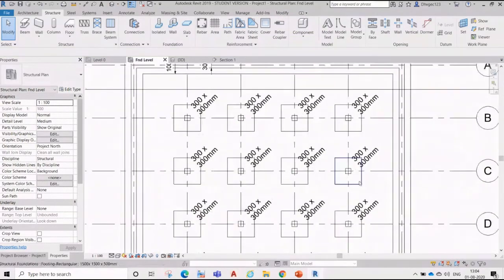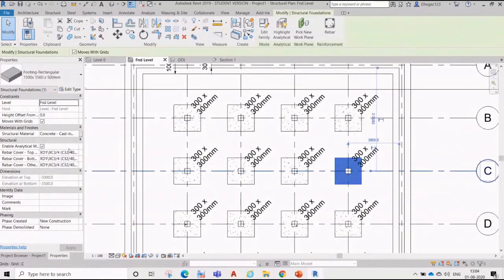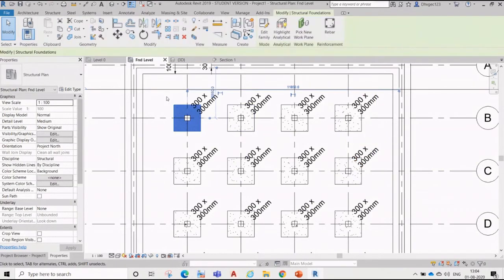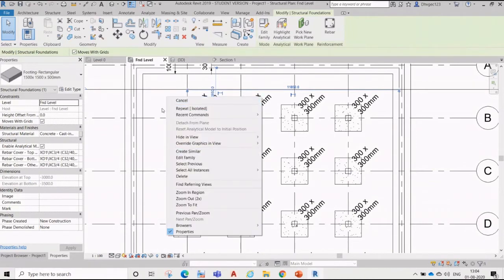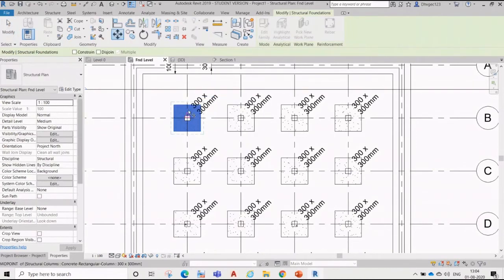Yeah, that is possible. That's not the issue. The sensitivity you can define over here. You can set the height offset and move with grid. Even if you don't want it centered, you can move it from here.